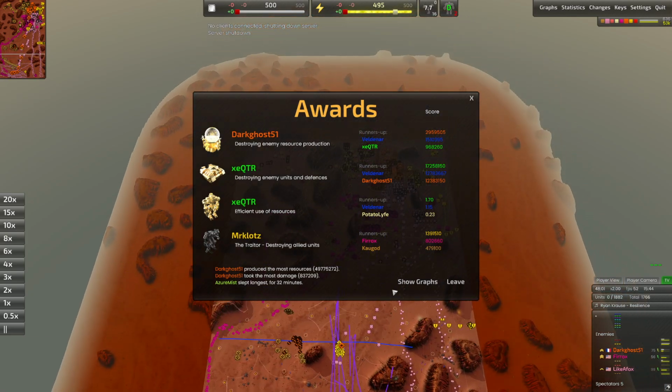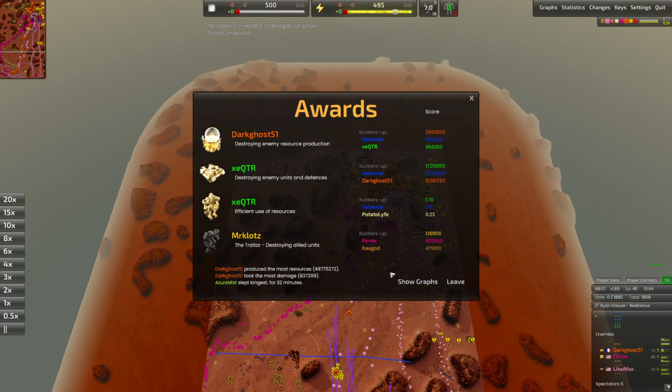But in the end, our victors, the Reds team, Dark Ghost, Furrow, and Like a Fox, congratulations as you win